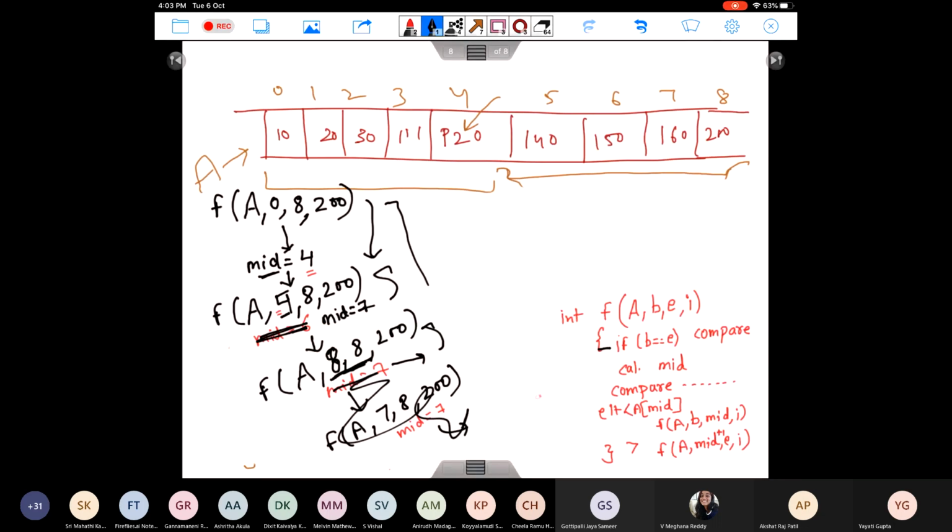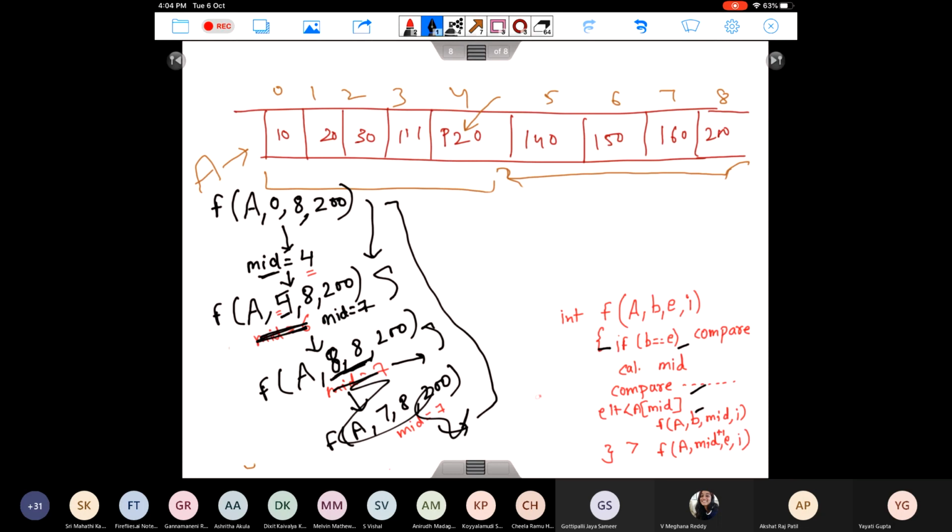How many steps do you think this algorithm will take? Whenever I am encountered with a function call, how many comparisons are we doing? One comparison here, one comparison here, one comparison here, maybe around 3 comparisons. So every time we call this function, we make around 3 comparisons, right?